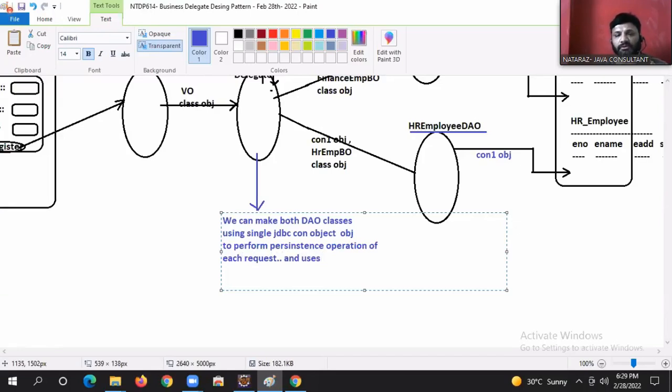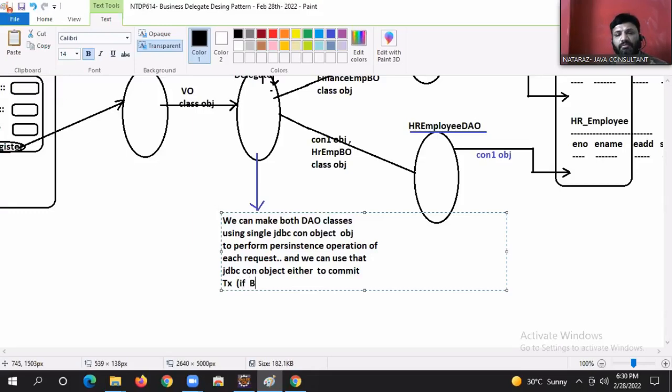And we can use that JDBC connection object either to insert the record, or to commit the transaction,